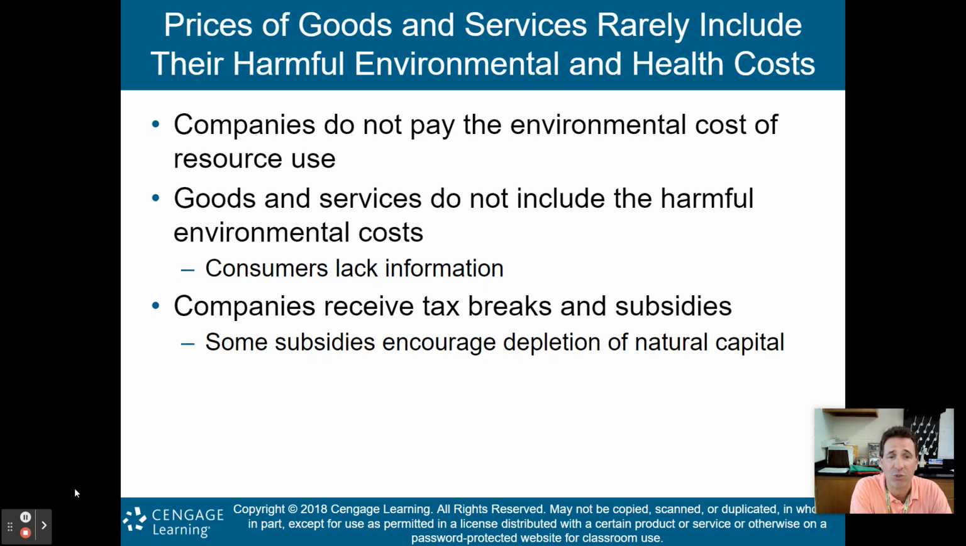And also, companies receive tax breaks and subsidies. And some subsidies encourage the depletion of Earth's natural capital, right? So we have to look at that. Should we be giving oil companies, gas companies, mining companies these tax breaks and these subsidies? Again, these are some of those dilemmas that we talk about here